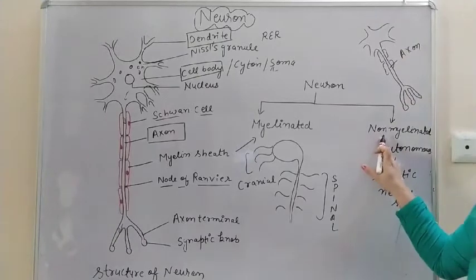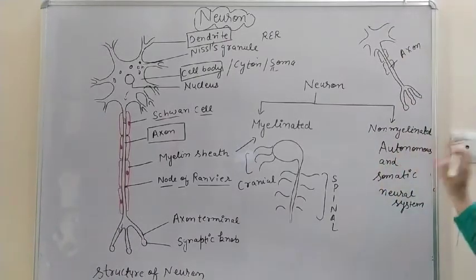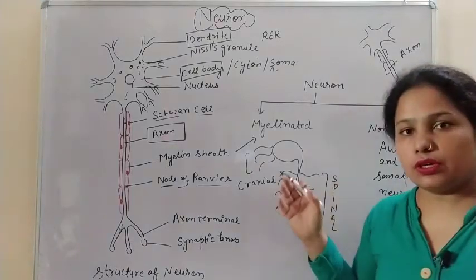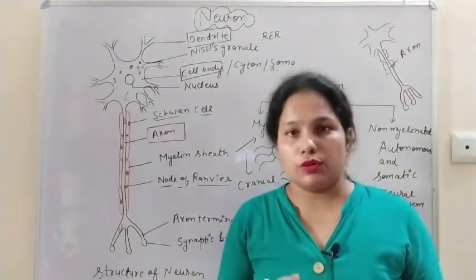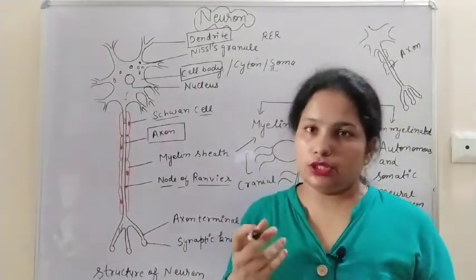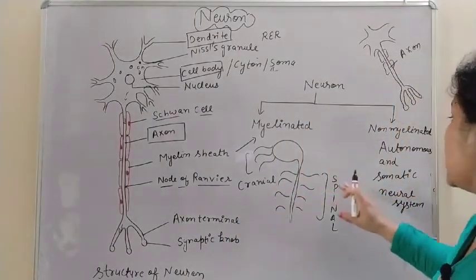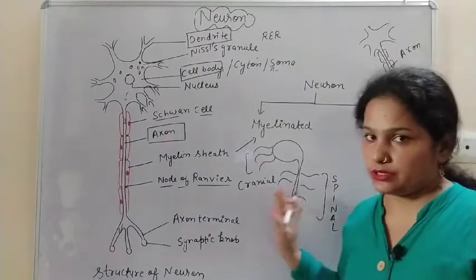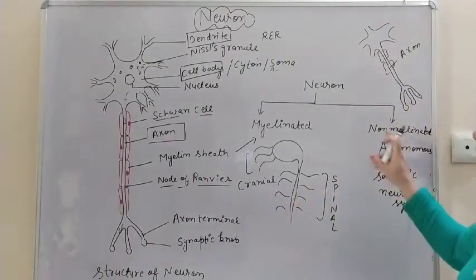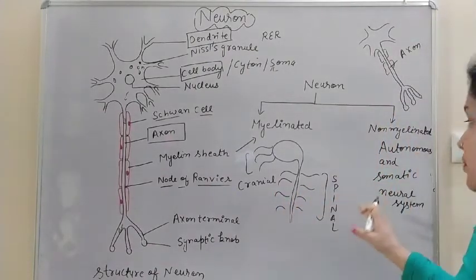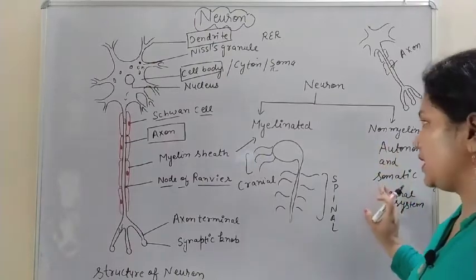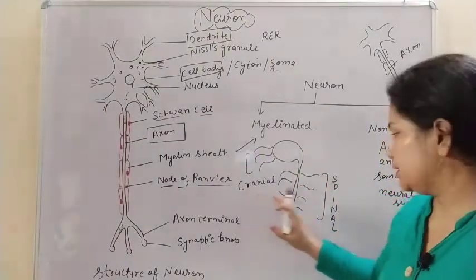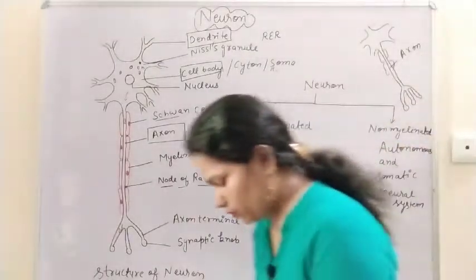So they are the non-myelinated neurons, and these have the Schwann cells which do not help in the formation of myelin sheath around them, and these are present in the autonomous and somatic neural system. So non-myelinated neurons are present in autonomous and somatic, and where myelinated, the cranial nerves and the spinal nerves,